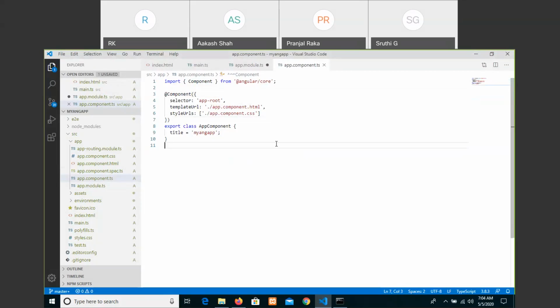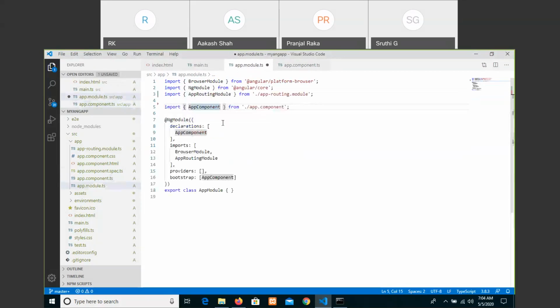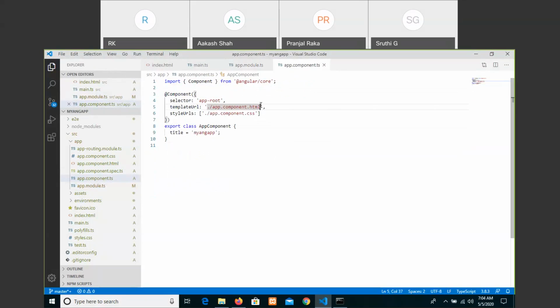Right. So a module is connected to the app component. Let us say the module is connected to a component in the same folder, and this is a combination of an HTML template with CSS and even its functional part, and that totally we are exporting. This is a name.